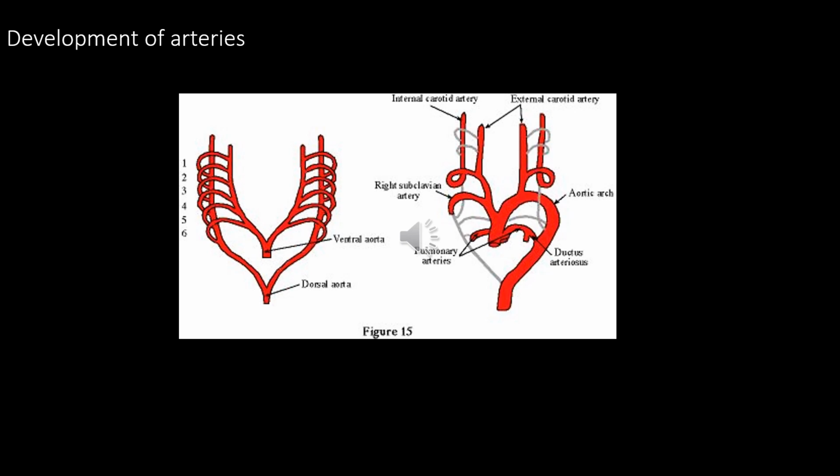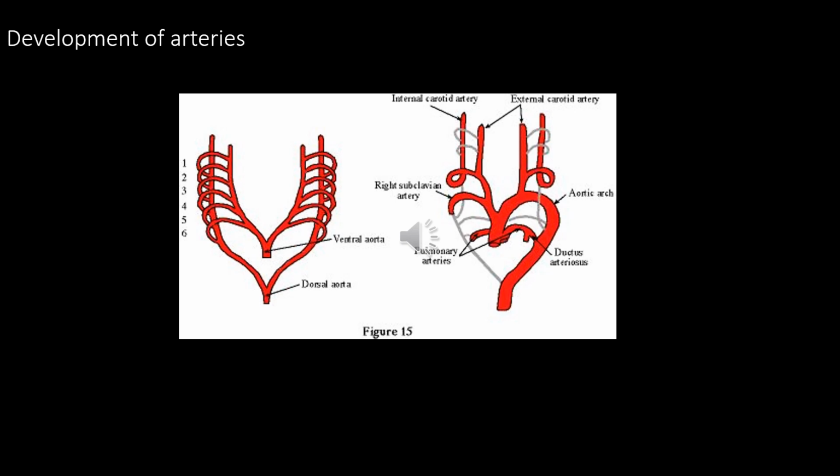And then we are left with the third, fourth and sixth arch arteries. The fifth arch artery, anyway, the entire arch disappears. It appears for some time because possibly in the lower animals it was there as a functioning arch. We will see what is happening to the third arch, fourth arch on both sides, and also the sixth.